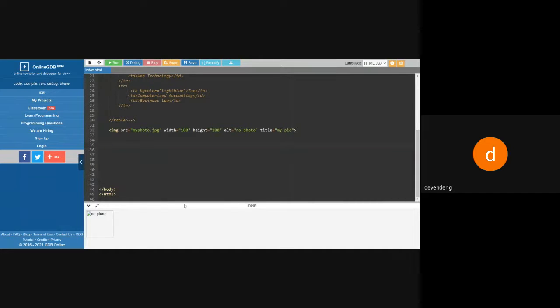And whenever my cursor goes onto that, it should give me some information about that image. So whenever I want that, I'll be using something called title. Is it okay for you? Any doubt regarding this? Sir, if you want to take the pic from gallery, can we do that?